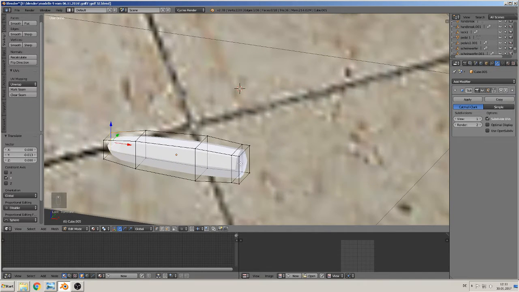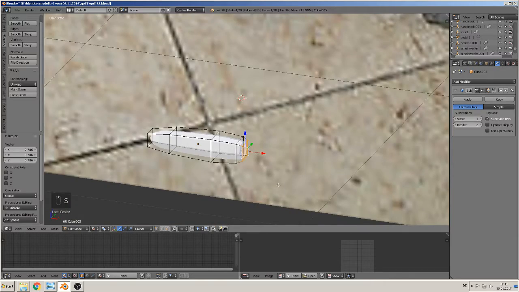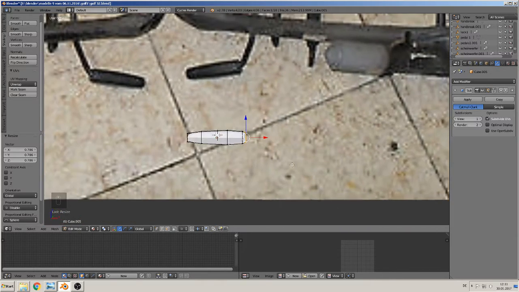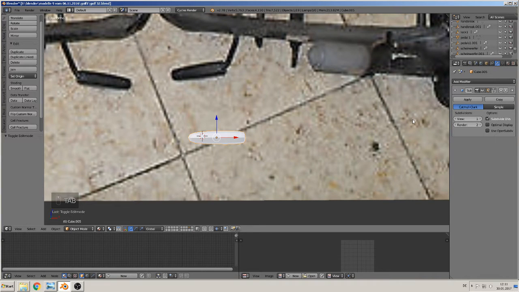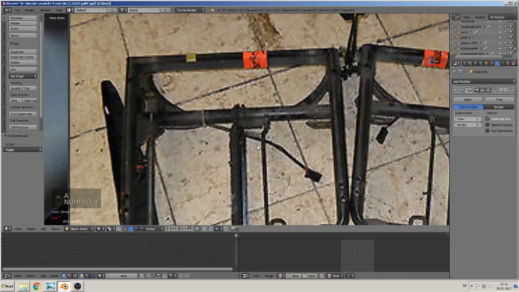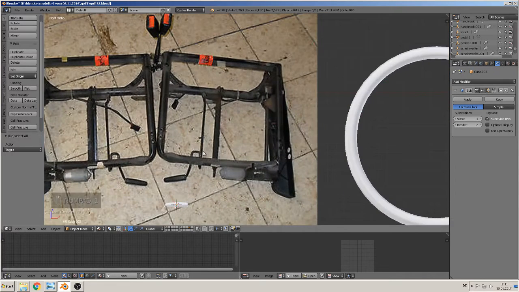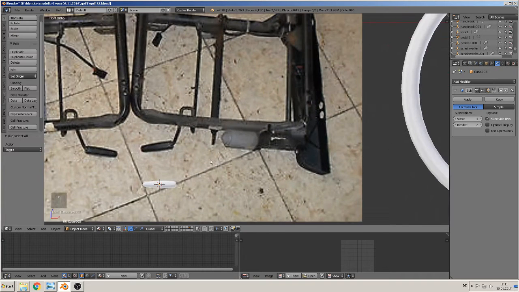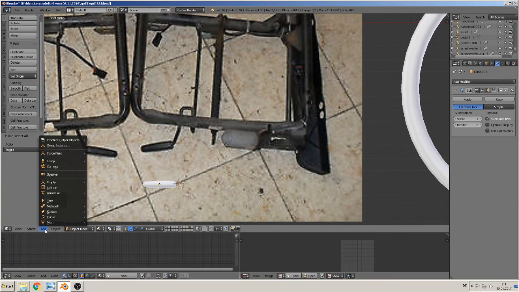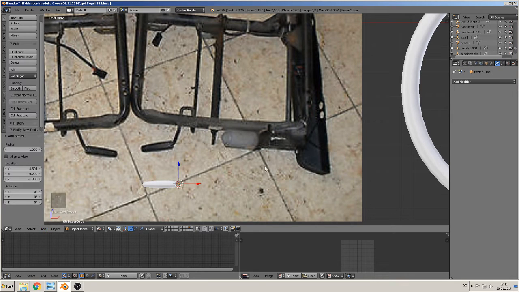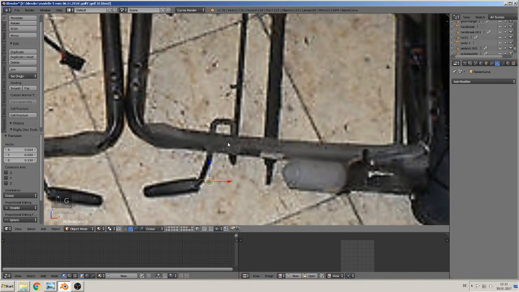Good. Same we make with that here. We also can make it with scale. Well, that's the same. Good. We have that. And for this thing, what it should be, that is enough. Good. We have that. Then it is on this cable there. So we make that. Add curve, Bezier curve, rotate X 90 degrees, scale down, grab it to the position, edit mode,